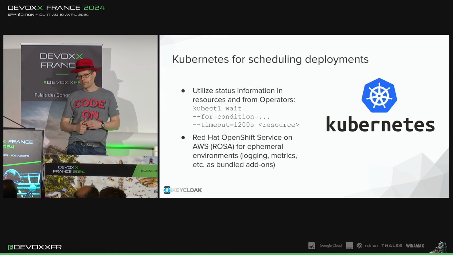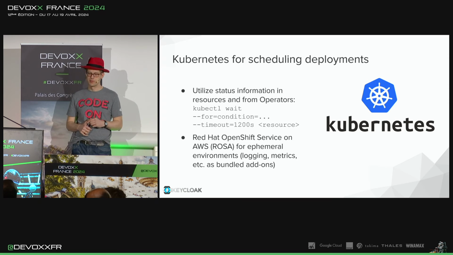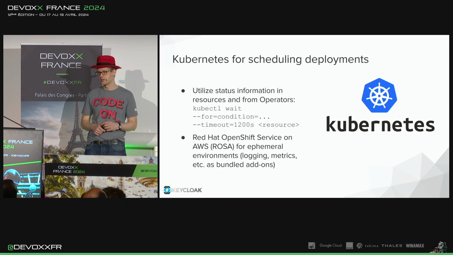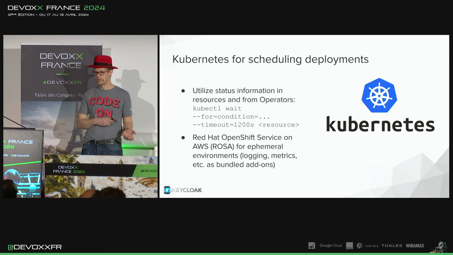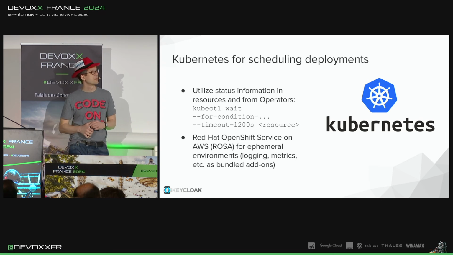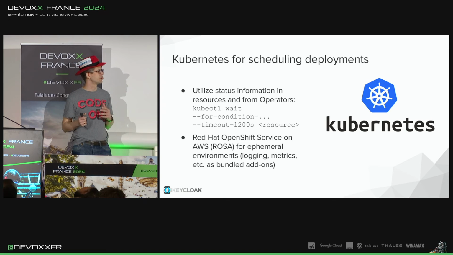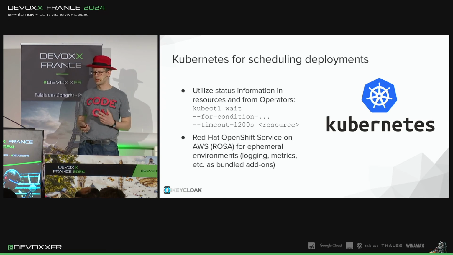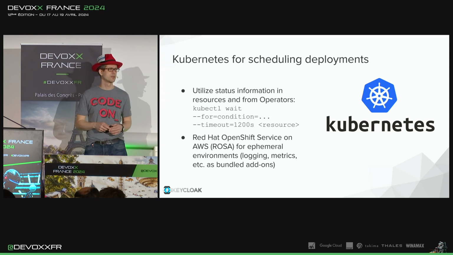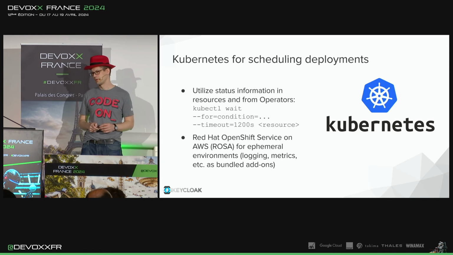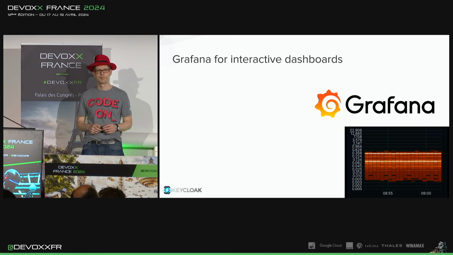Yeah, we used the Red Hat OpenShift Service on AWS, or ROSA for short, to create our ephemeral environments. And then it came up with, well, they're now starting up a lot faster with hosted control planes. They have built-in, I'd say cartridges, but that's maybe an old term anyway, for you to add the logging, the metrics, and whatnot add-ons you want to have afterwards in an automated way. And then we have our ephemeral environment set up.